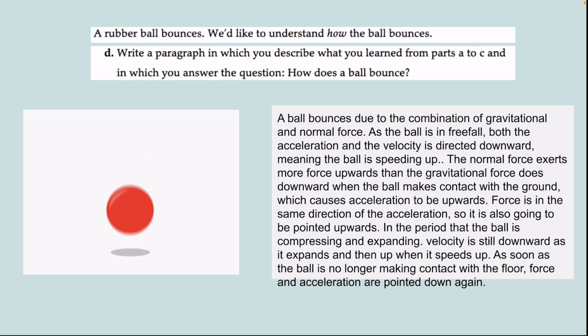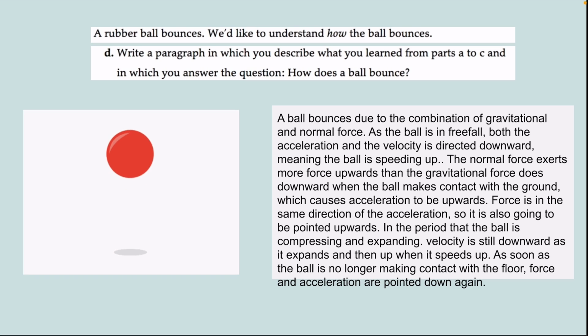The normal force exerts more force upwards than the gravitational force does downward when the ball makes contact with the ground, which causes acceleration to be upwards. As force is going to be in the same direction as the acceleration, it is also going to be pointed upwards. In the period that the ball is compressing, the velocity is going to still be downwards, but as the ball expands, the velocity is going to be upwards,